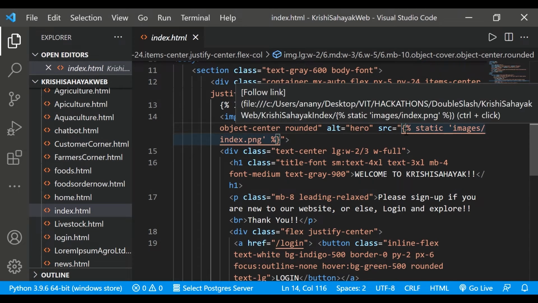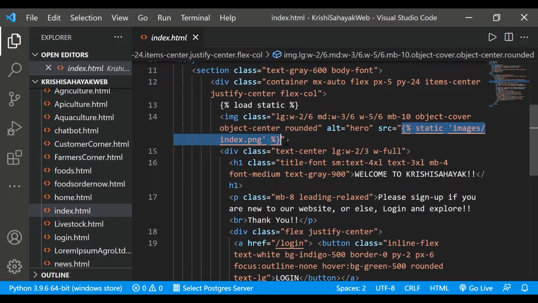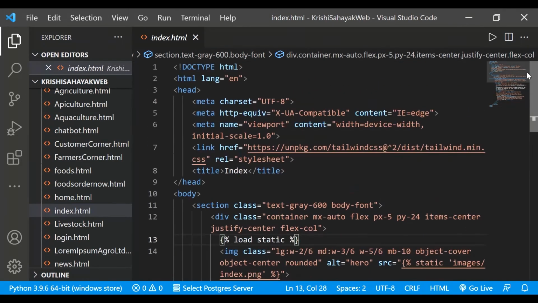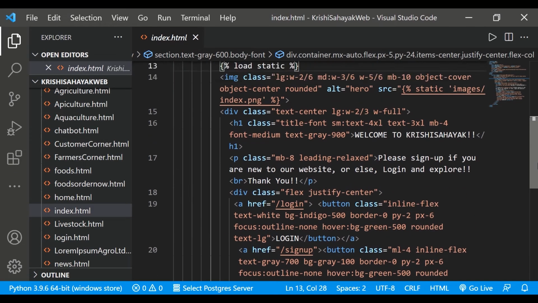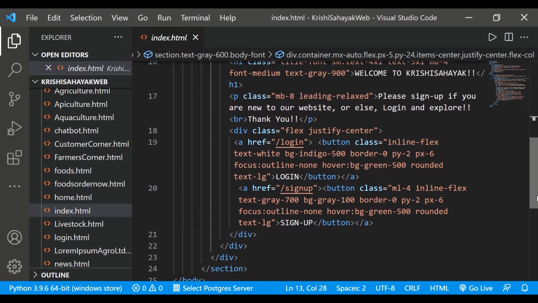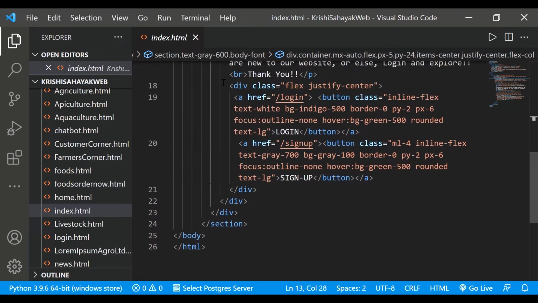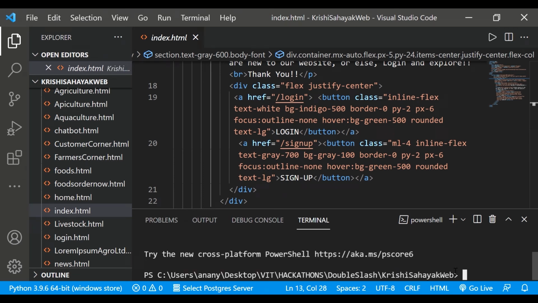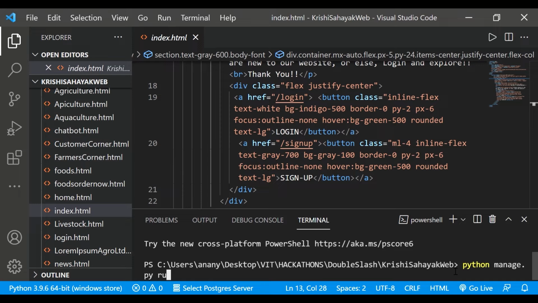So this is the syntax for including the static files, and this is very important. In this way, we code our first index page. It is simple HTML and inline CSS. Now I will run the server and show you what exactly happens. Python manage.py runserver.